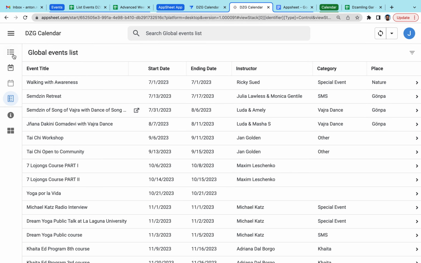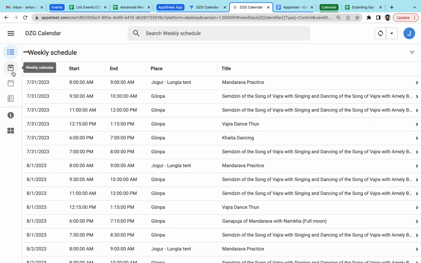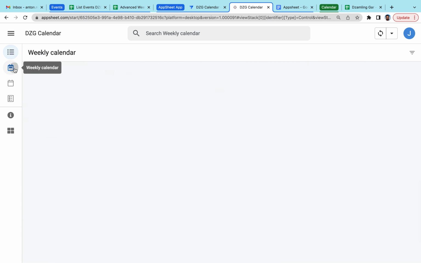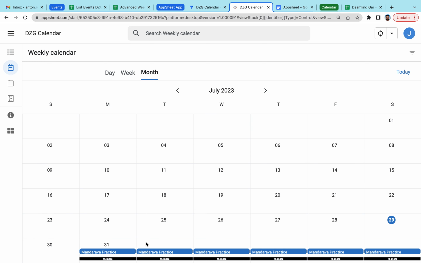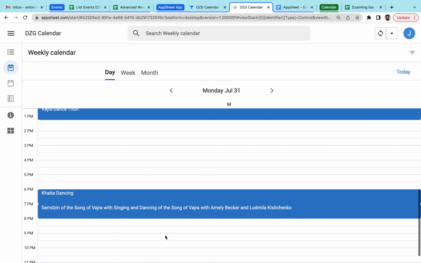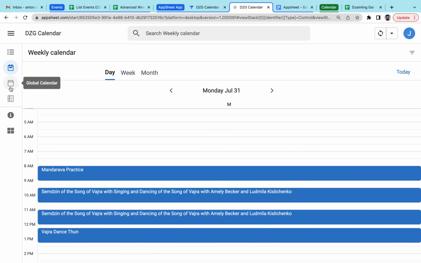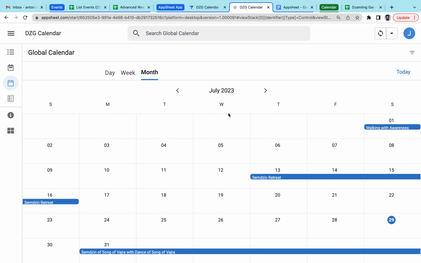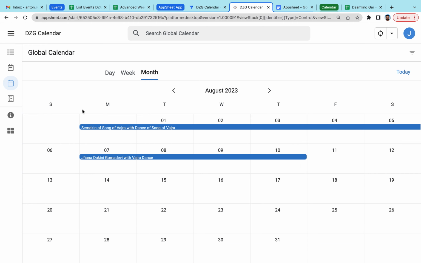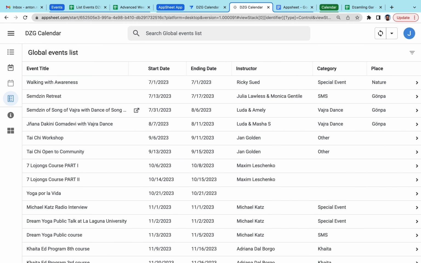So in this way, I showed you two main things: the weekly schedule, which could be represented as just a list of events, or for people maybe someone wants to see this in the daily view. And the second thing is the global, which also can be represented by the calendar view or by the global events list, more like a list view. So this is what this application can do. It's quite simple. It's a basic version, as I said.